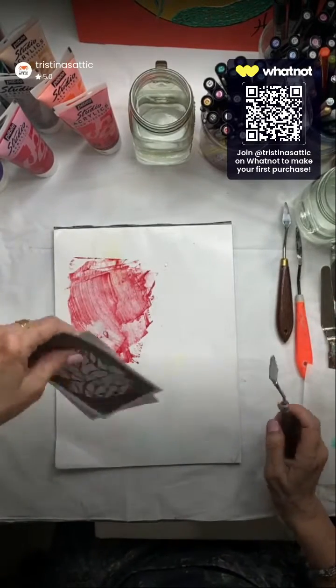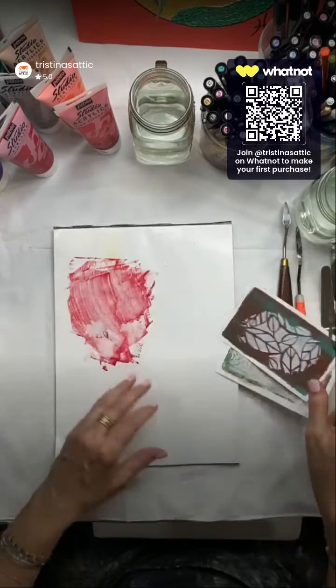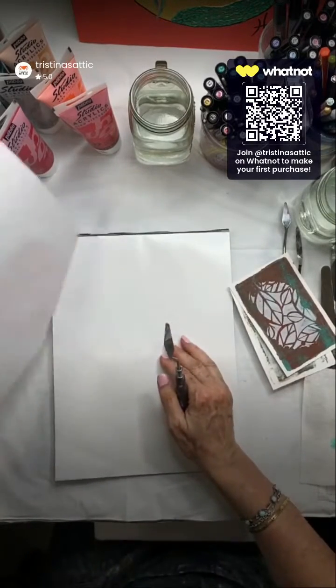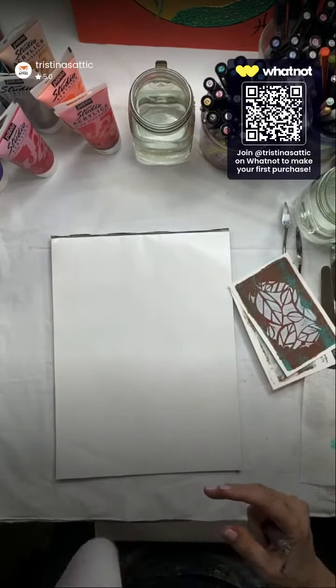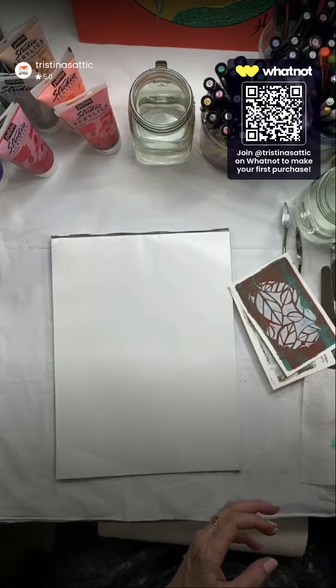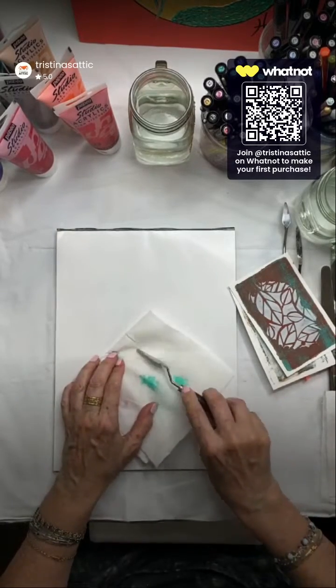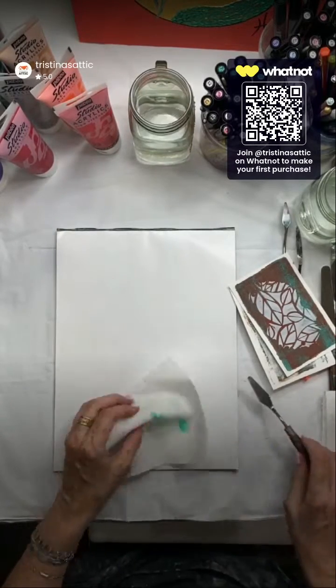Okay, so let's go to the pieces that are done. Let's get rid of this. This is the beautiful thing about the throwaway palette. That piece is gone. Gone. Okay, there's actually a little bit left on there that I'll save. Okay, so let's work on the pieces that already have the